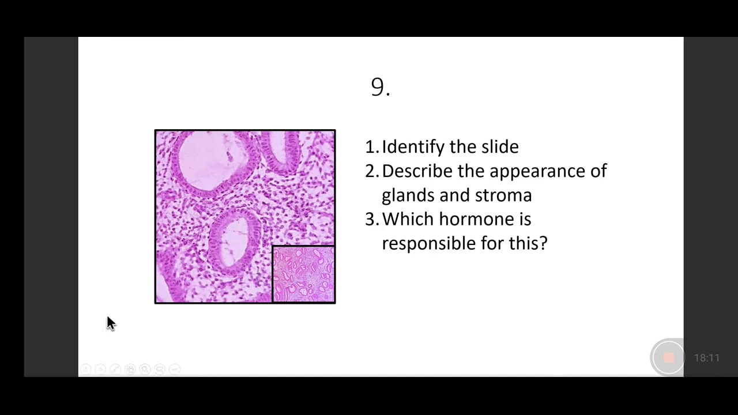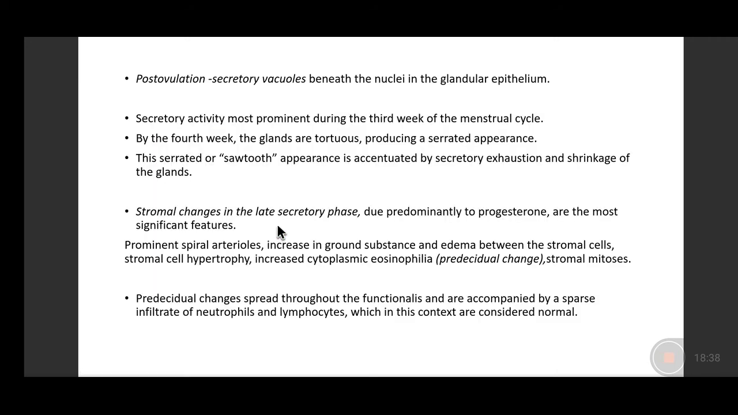Now in this slide, compared to the previous one, the glands are quite dilated. Glands have apical vacuolations and apical mucin is present. The glands are also seen to have secretions. As you can see, the stroma, compared to the proliferative phase, is less compact. So this is the slide of secretory endometrium, or the post-ovulatory endometrium, in which you can see the secretory vacuoles